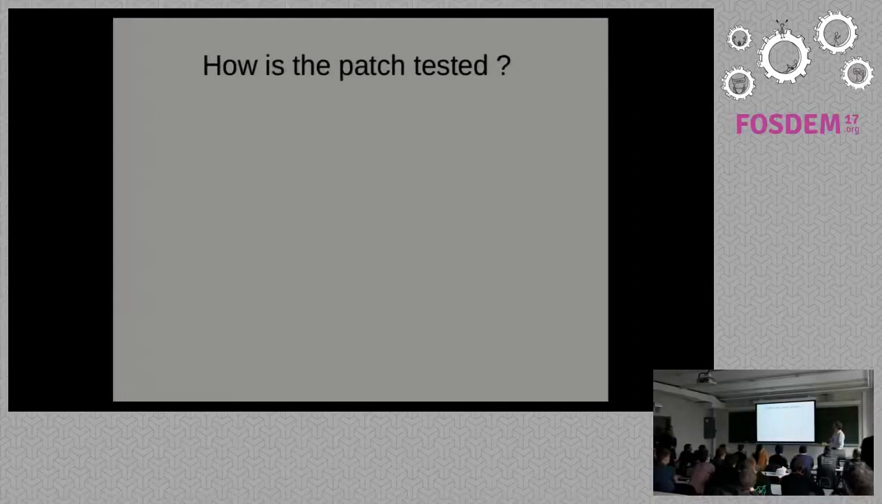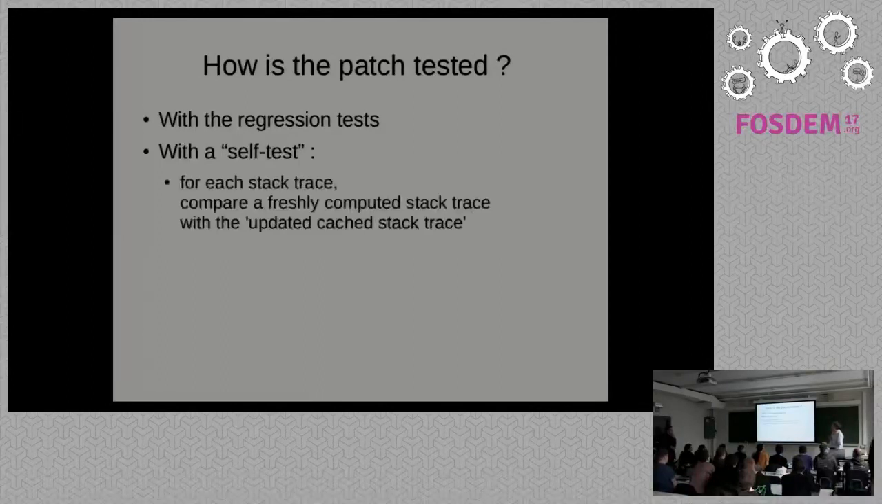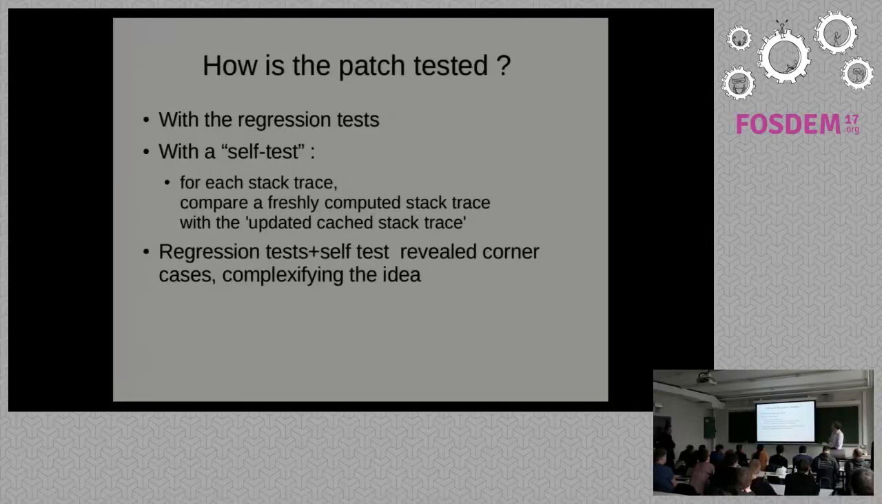Well, first question is, how is this patch tested? Well, it's tested with the regression tests, and with the self-test that I have added. The self-test says that for each stack trace, we compare a brand new, freshly computed stack trace with the stack trace that I compute with this updated cached stack trace. If they are the same, I'm happy, and if they are not the same, then there is probably a bug in what I have done. And so the regression tests and the self-test have revealed corner cases which have